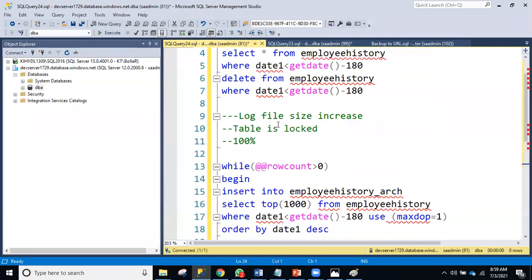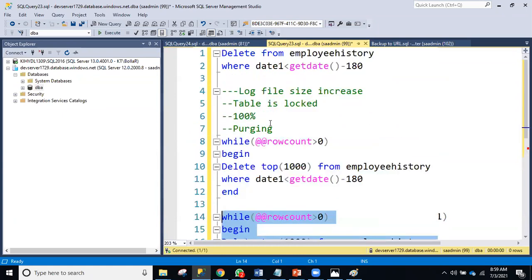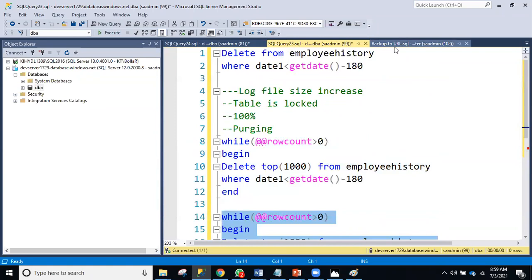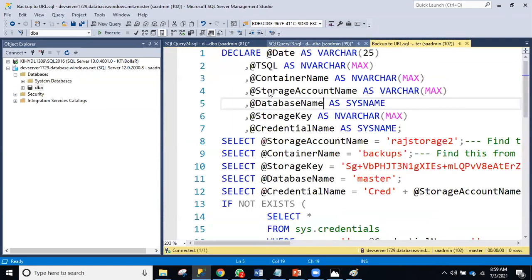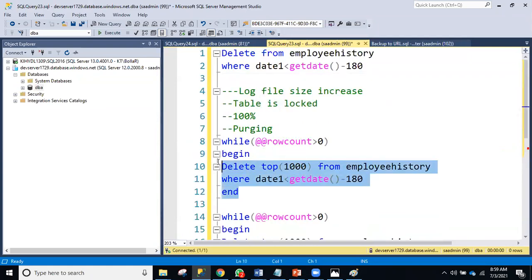So team, another benefit of partitioning. If you do the partitioning, suppose you want to delete old data, that is purging. Here you are deleting the old data.